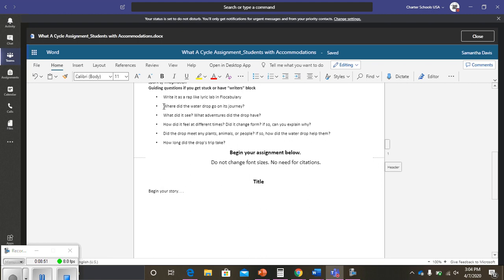Okay, there are other things you can do. Start by this. Where is the water droplet going to go? What is its journey? Where does it start and where does it end? Does it end back at the same place, somewhere different? Why or why not? Remember, you have to show that entire cycle. But you can show that cycle even if the droplet's not in the same place.